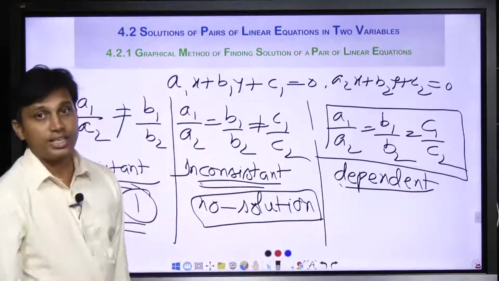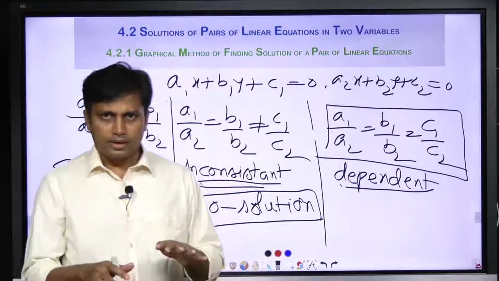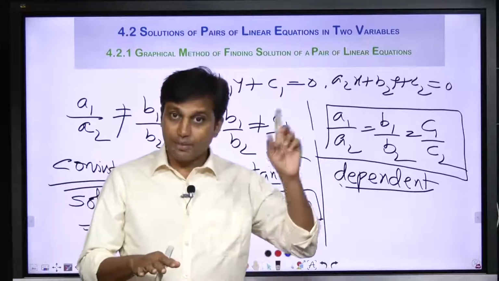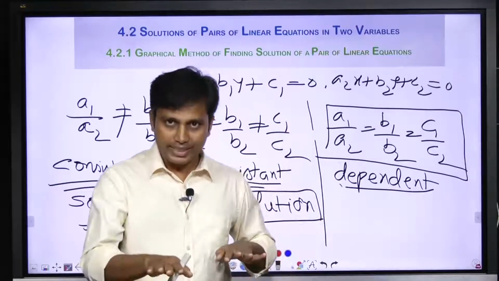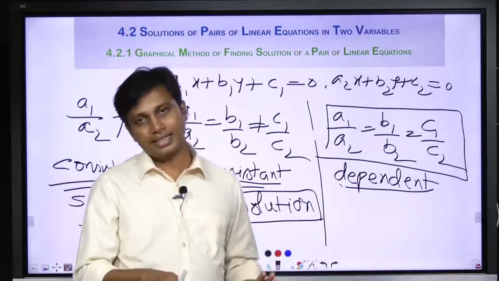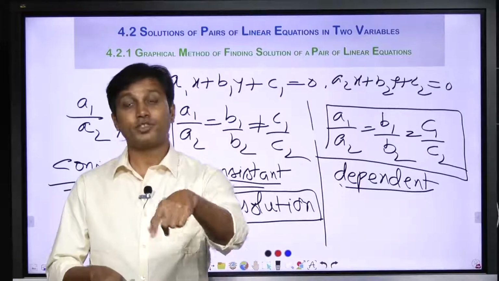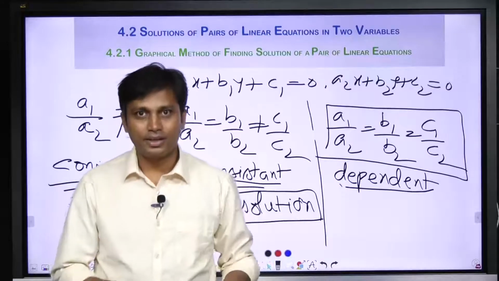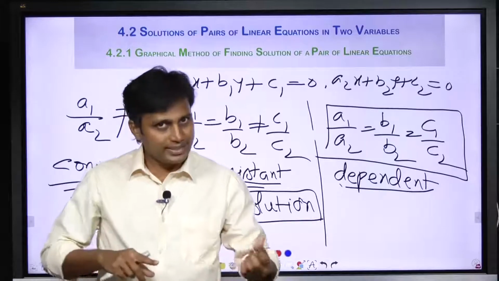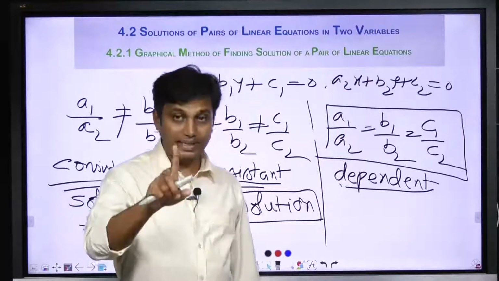And how many solutions are there for this? Now I have to tell you one thing. Once again we will go through the example which we discussed. On one single track, one train is moving. On the same track, after that train, another train is also coming. Means on one line, again we traced one more line. So what does it say? Here both are the same line. So these two are not two different lines, only one line.